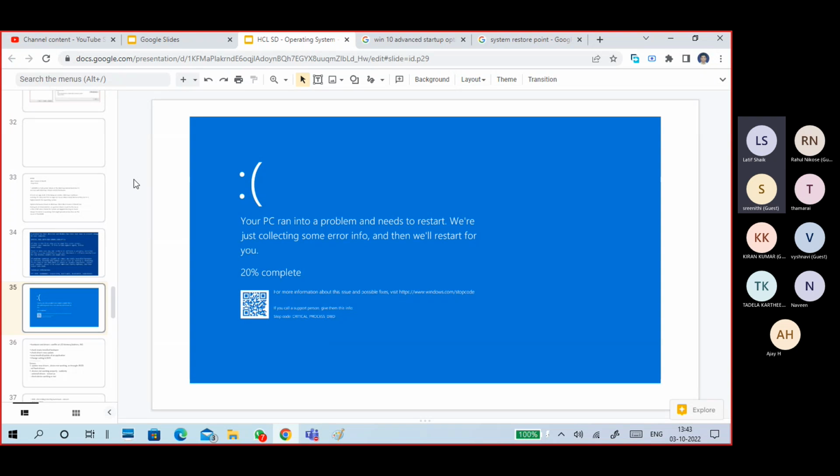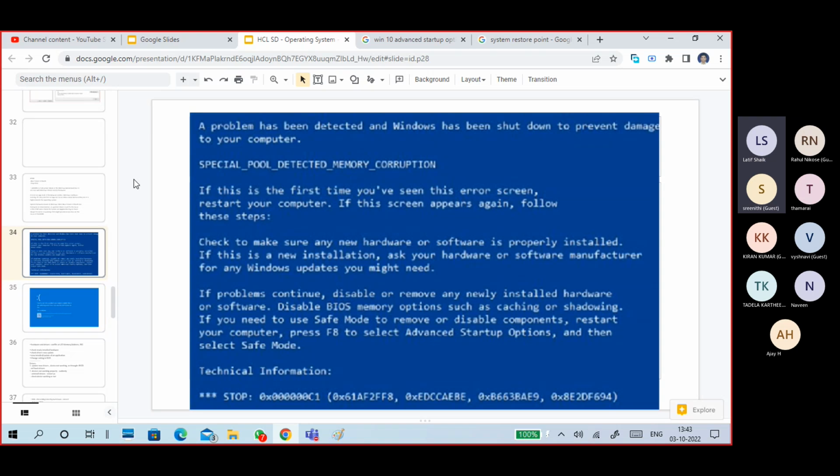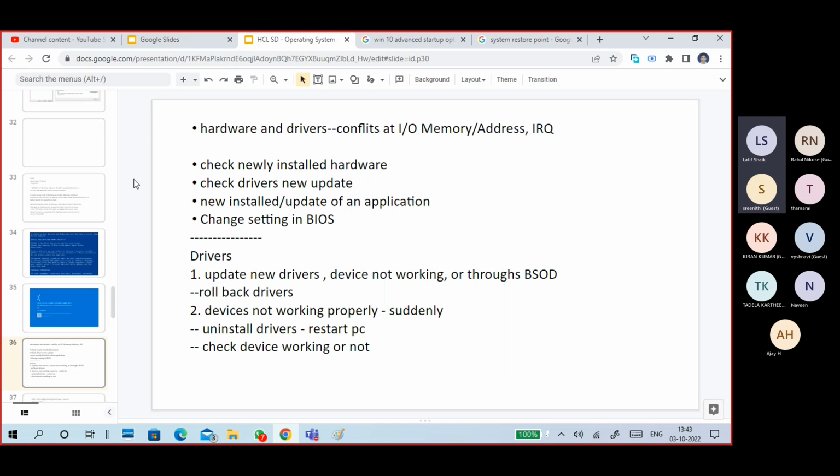Most blue screen errors resolve automatically by restarting. Why? Because, for example, you installed some application or drivers, or maybe you are playing games, and suddenly there is a conflict at your hardware level, like IRQ